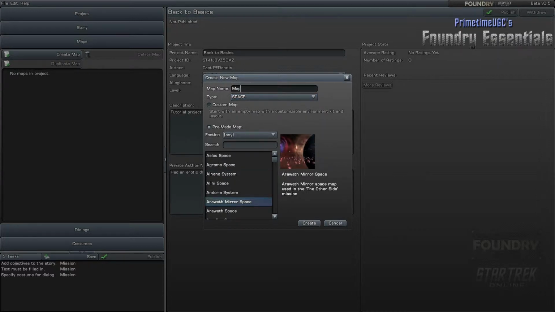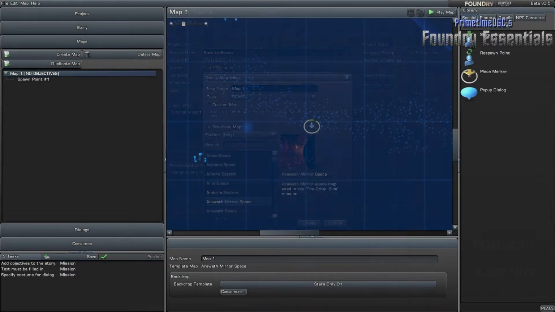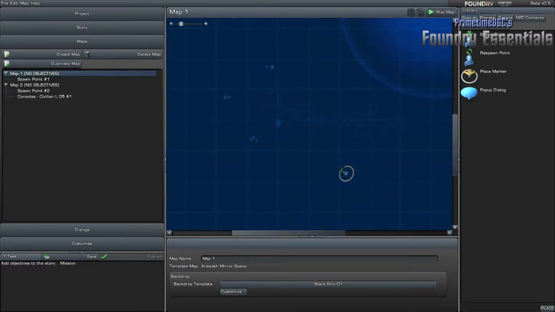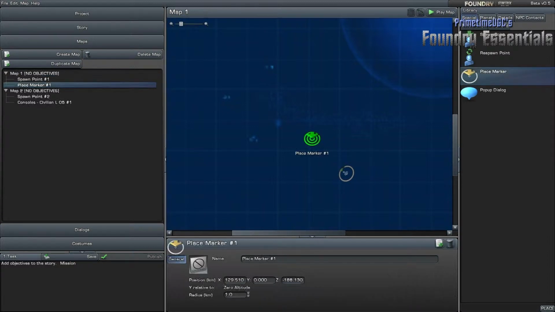First, you must begin in the map screen. You must have an objective of some kind on the target map before you can create a transition from your source map. For instance, I've made map 1 and I'm dropping on a place marker as my objective. Okay, I'm going to enlarge the radius of the place marker so that it's easy to trip by a passing spacecraft. Now, the choice of where to start will not present itself until you've dropped your first objective into the